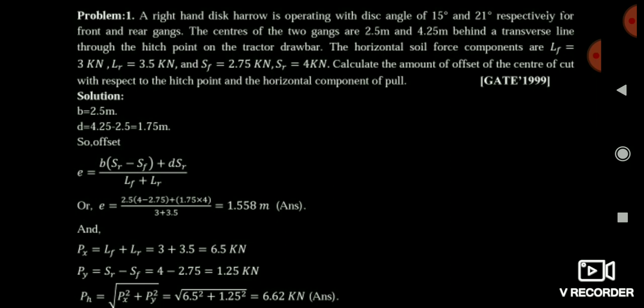Otherwise, I have uploaded the whole solution of 2020 paper. In that also I have solved the question, the same question friends, and the same answer also. The data are also same. In that question it is simply asking the E, means E is the offset, means the offset distance it is asking. That answer is also coming 1.5, means 1.5 meter. In that question also our answer is coming.